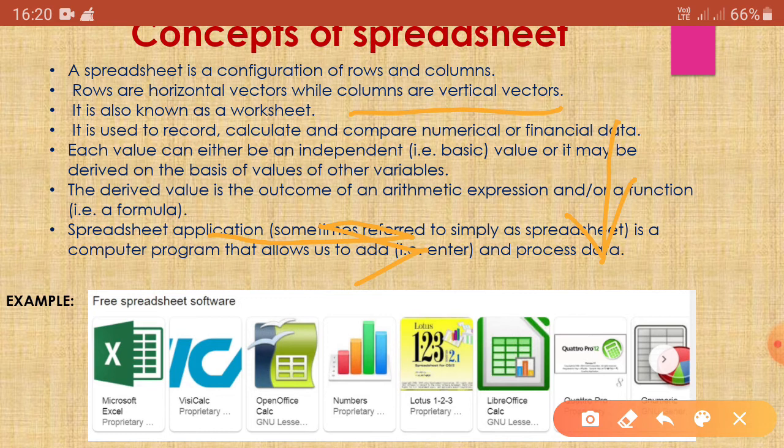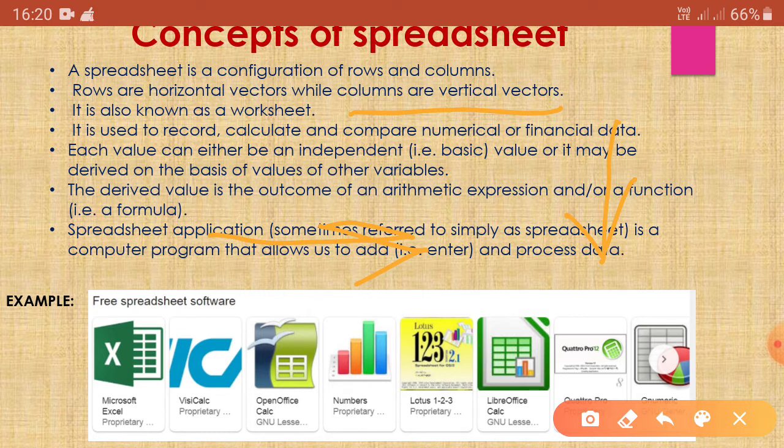Okay, so the derived value is the outcome of an arithmetic expression and or a function, that is formula. So we will be looking at derived value and basic value on the next slide.